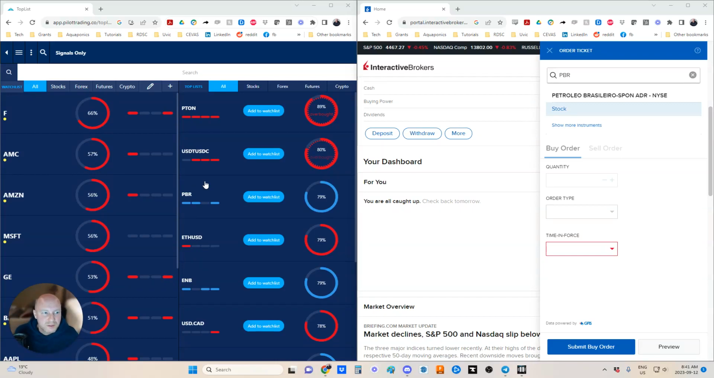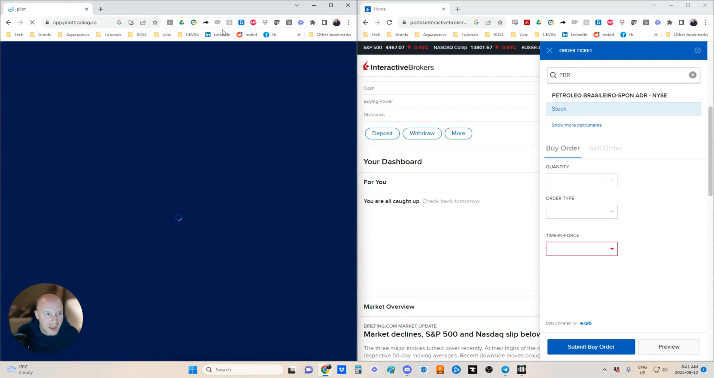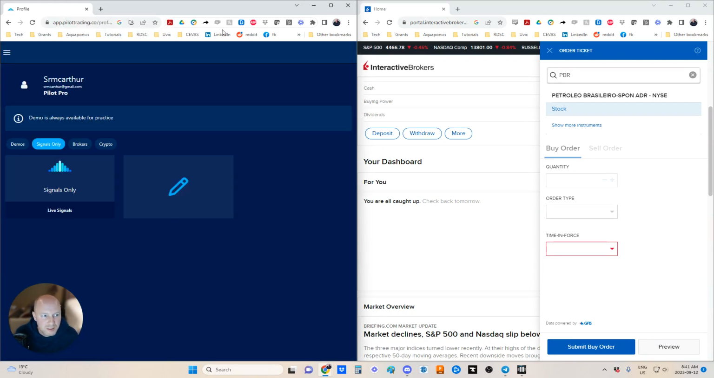So here I'm in signals only mode. I want to show you just how I got there. I'm going to go to pilottrading.co or app.pilottrading.co. It's going to remember me and automatically sign me in. I'm going to use signals only mode here because I'm using it side by side with my Interactive Brokers account